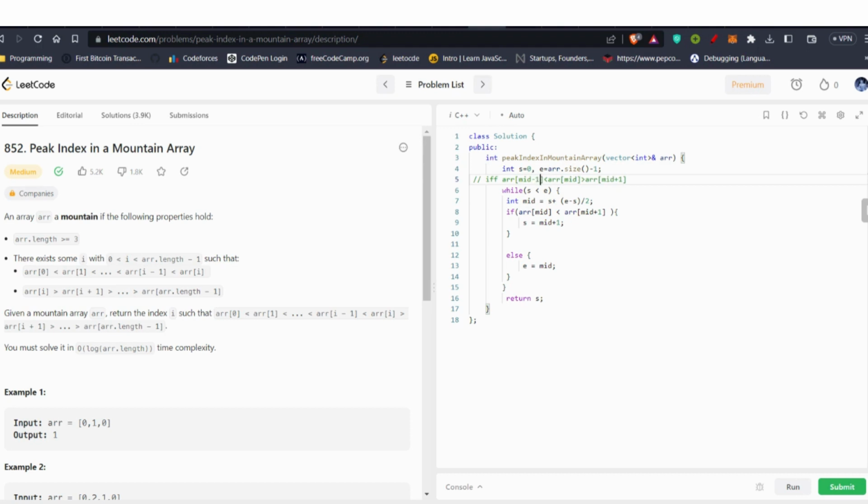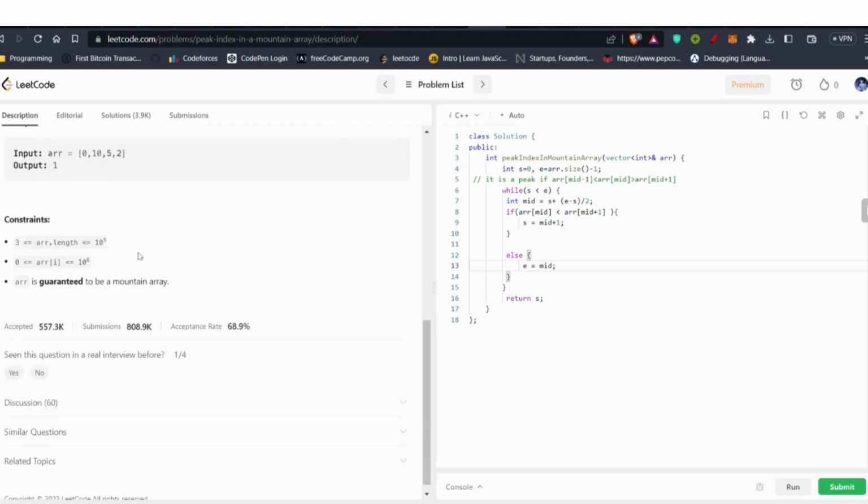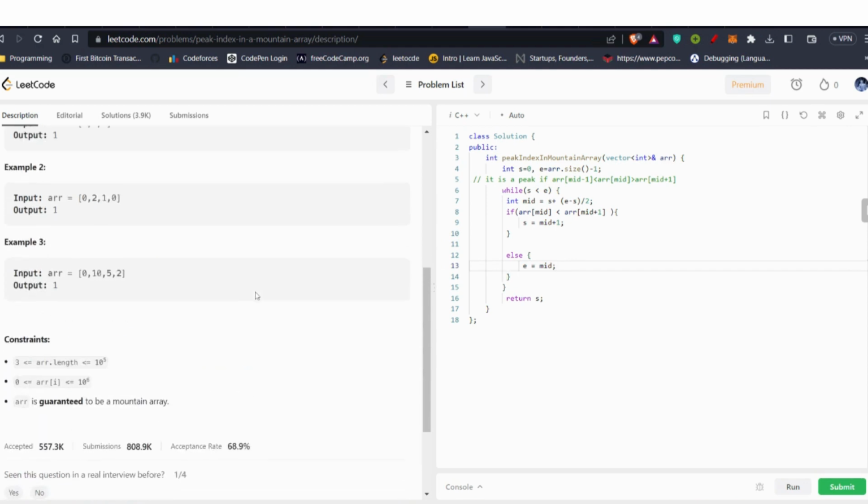This is the basic condition which needs to be followed. All right. Okay. So the problem statement says that ARR is guaranteed to be a mountain array, and